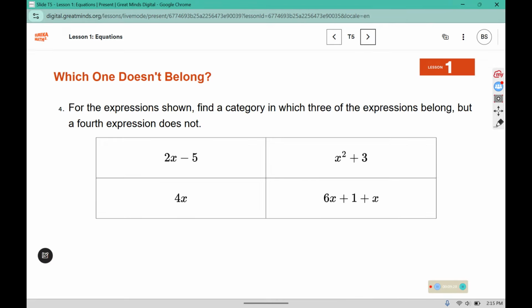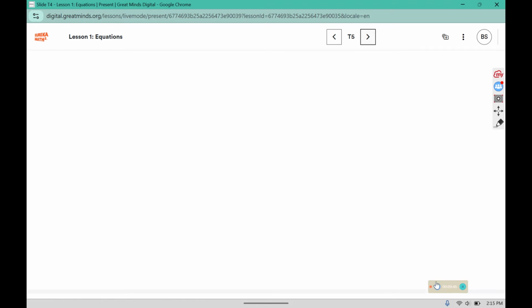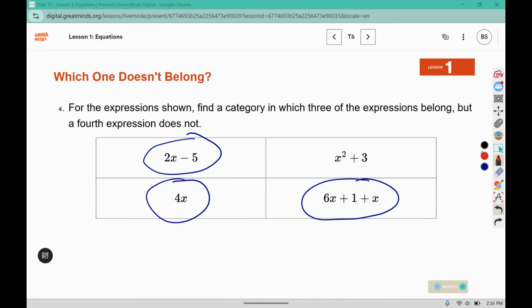For the expressions shown, find a category in which three of the expressions belong, but the fourth does not. We saw in this last problem that they all came out with one solution, except for this W squared. It came out with two possible answers. So here, the ones that are grouped together would be these three. But this one